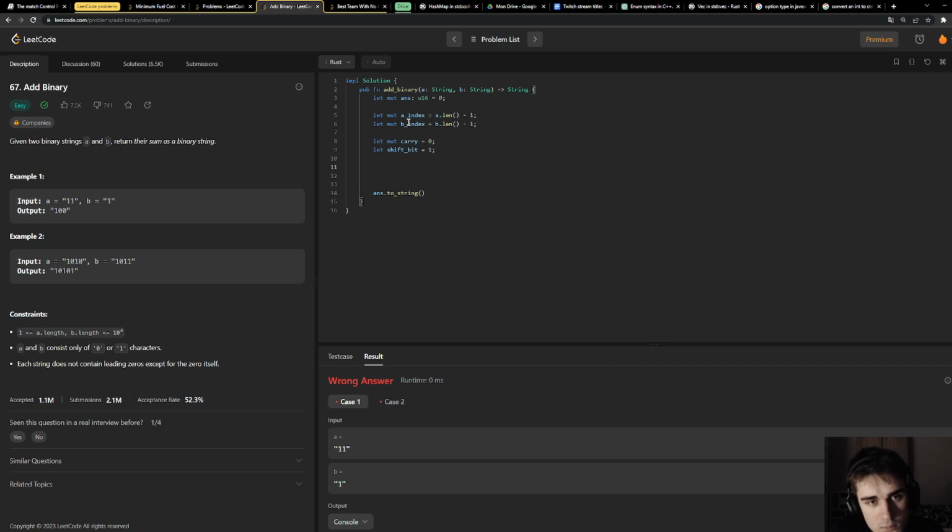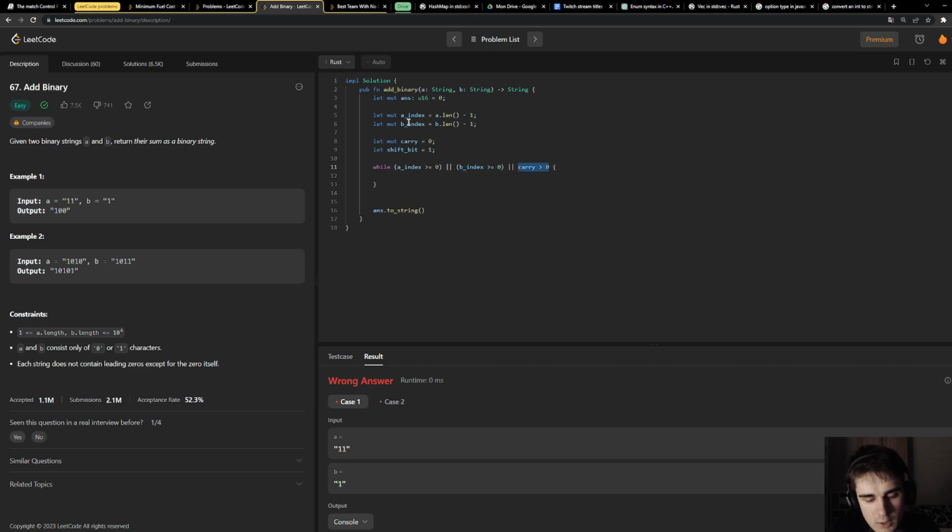I think that's it. Yes, so while a index is greater than or equal to 0, or b index is greater than or equal to 0, or carry is greater than 0, then what we do is get the current sum.